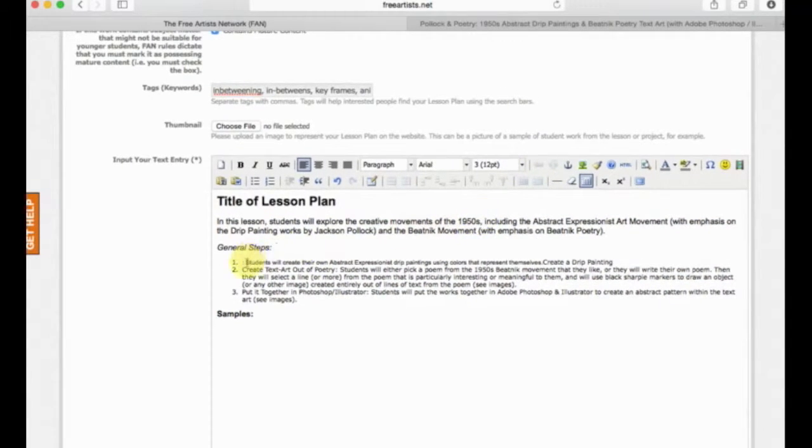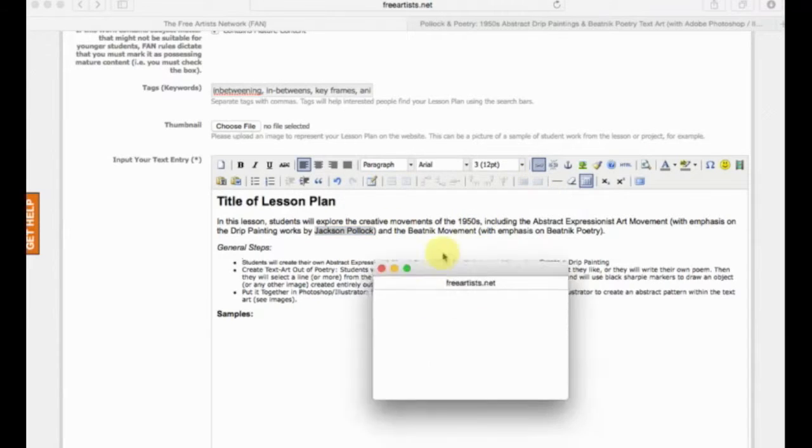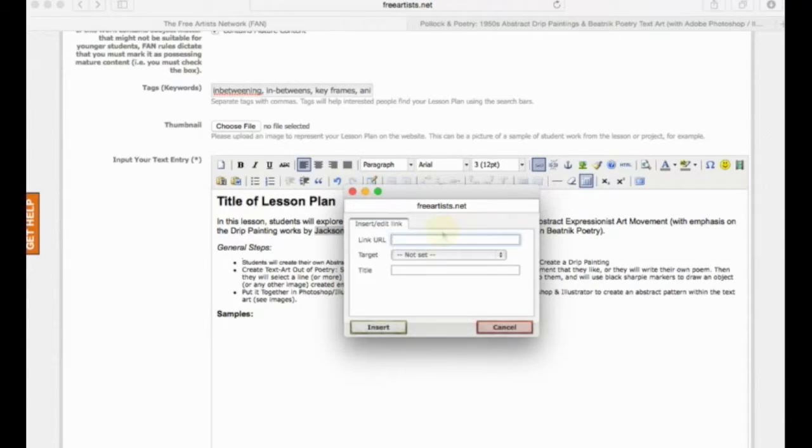Now, to add links, if you want to add a link to a lesson plan, let me do the bullets. I'm going to do bullet points. There we go. I like that better. Okay. So now, if you want to add links, you would highlight whatever. Let's say I want them to learn about Jackson Pollock. I would highlight this section, and then you see up here these two little buttons. I can actually add a link. So there's link and unlink. Click on link, and then you can actually input a link. It's going to pop up like this. Give it a second. Now you're going to put in the URL. Just copy paste it over. So I could put http